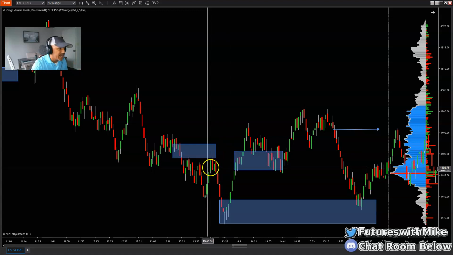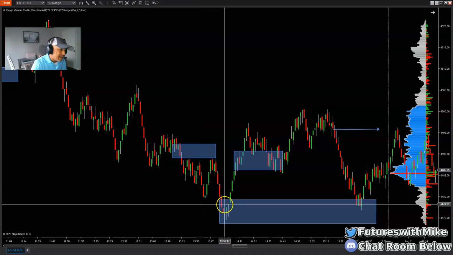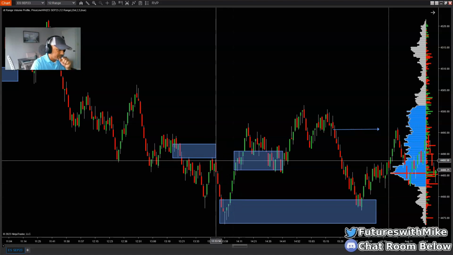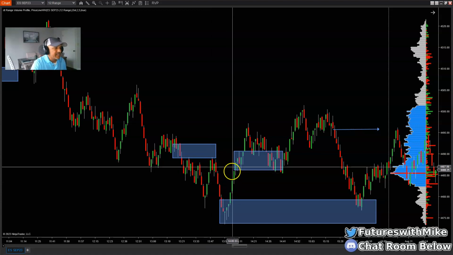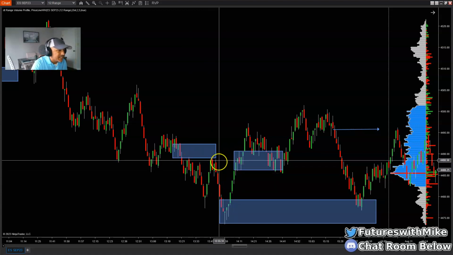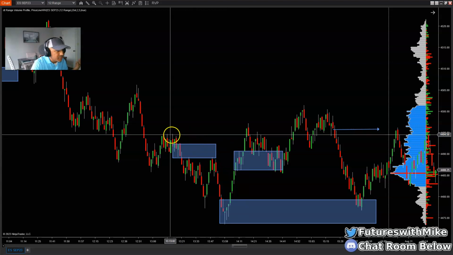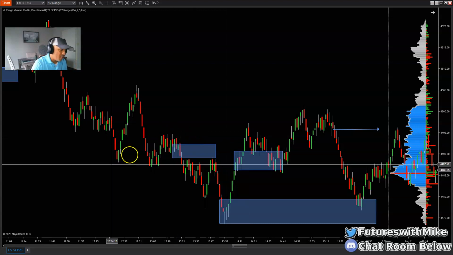And it is resistance, okay, because it came off this swing to the downside right here. So there is resistance right there. But it's also an area of structure that price has broken through. And as the market continues pushing higher, it breaks through structure right here as well at 44.94.